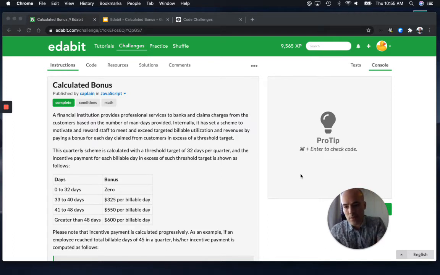If you look at the table down below over here, you'll see that what they're saying is if you've worked between 0 to 32 days, there's no additional bonus. But if you worked between 33 and 40 days, for each one of those days between 33 and 40, you'll get paid an additional $325. 41 to 48, you get paid an additional $550. And anything greater than 48 days, you'll get paid an additional